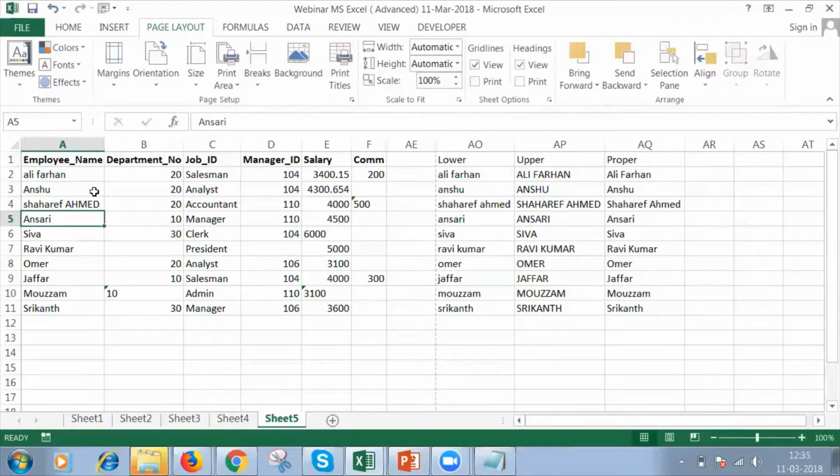See the difference. Even though I have all the letters in capitals, when I applied the lower function, it converted the entire text into lowercase. When I want to display it in uppercase, it will convert the entire text into uppercase. And this is the proper format. Always remember, this is not a value,